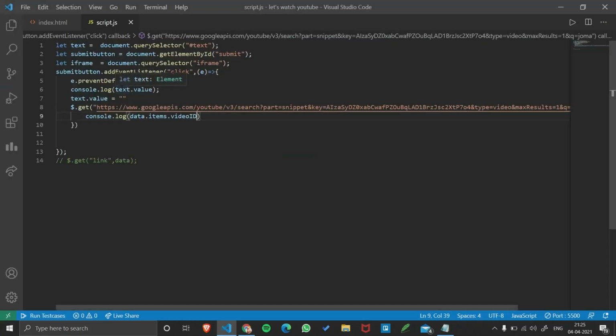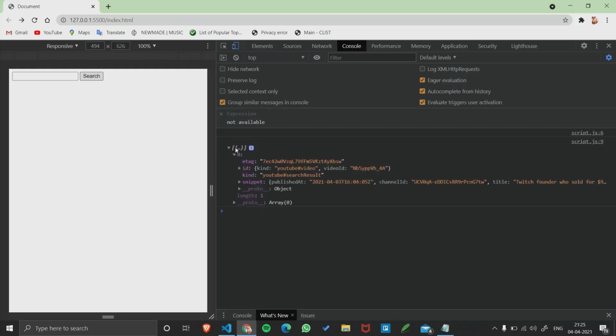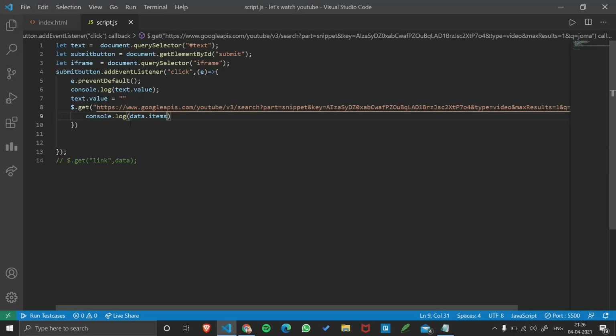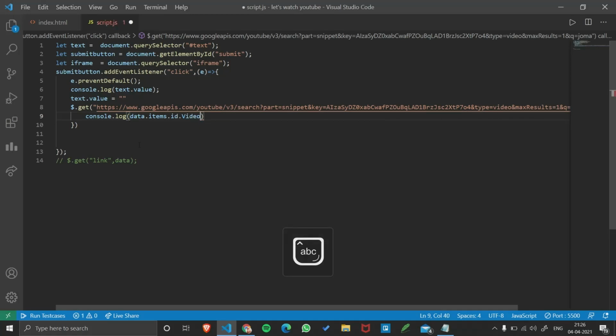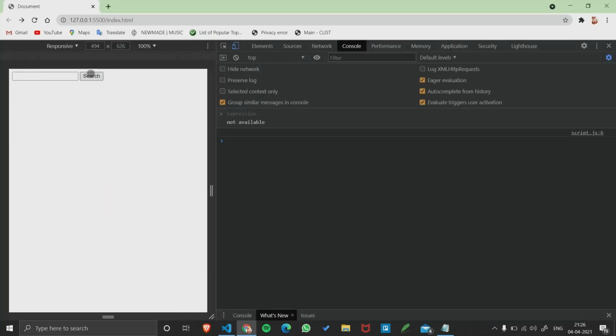It is still giving me an ID. Let me just try again. Items, and let me see. Click search, and in this 0 we need to go in ID. Okay, maybe we need to go in ID then video ID. Maybe let's try video. Okay, only the I is small. Video ID. Let's try that.